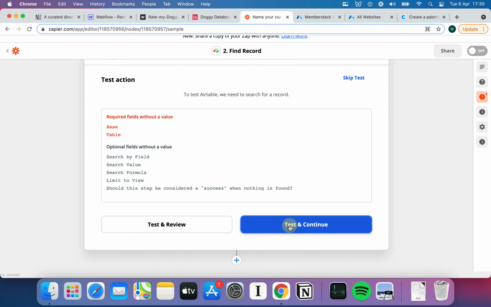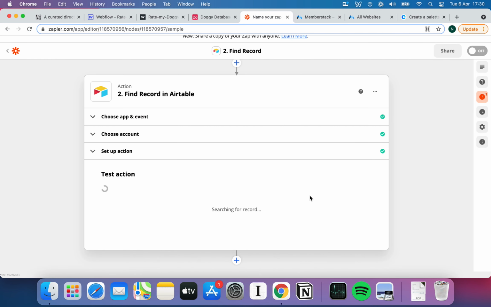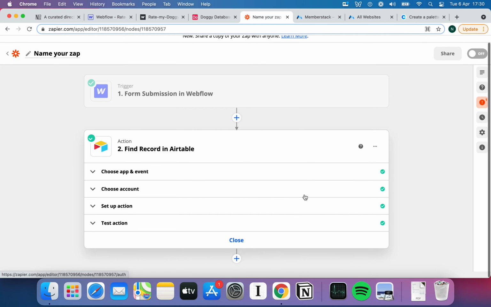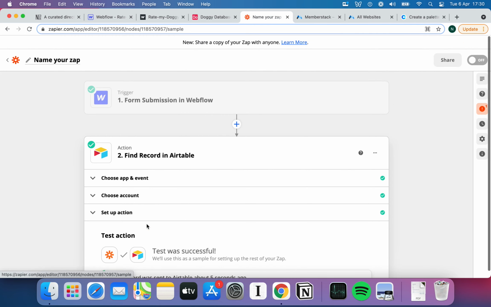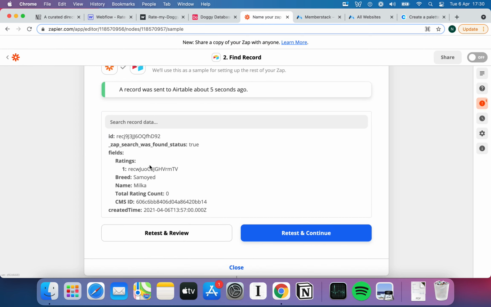And again, let's hit test. Sometimes an error does flash up here on Zapier. It's a problem I keep getting. I haven't found a solution for. You might have seen it in other videos. But it looks like in this instance it worked, because now you can see in Zapier we've pulled through all